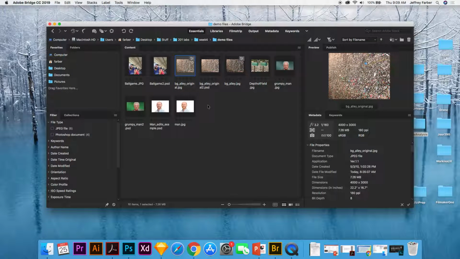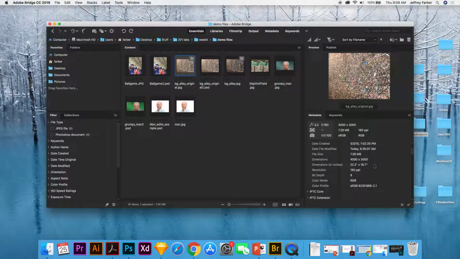And then she's going to start with this BG alley dot, so the bubblegum alley. She's going to start with that. So you want to select that image, and now you want to look at the camera raw just to get some information. I think actually just clicking on it gives you all this information, the metadata right here, which is great. I don't need to go through it, but you can see the file, the dimensions, the pixels per inch,